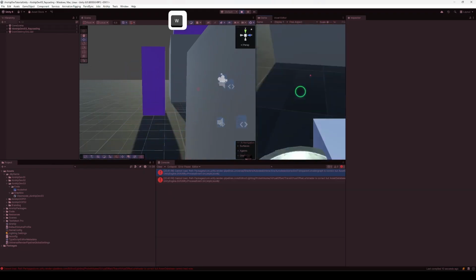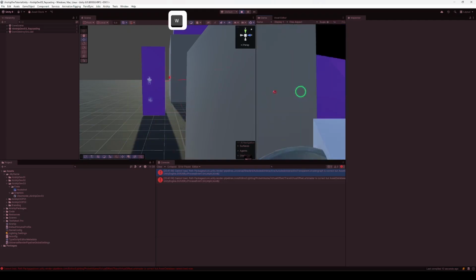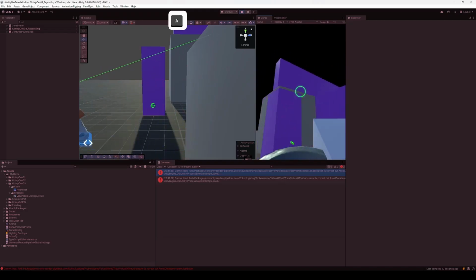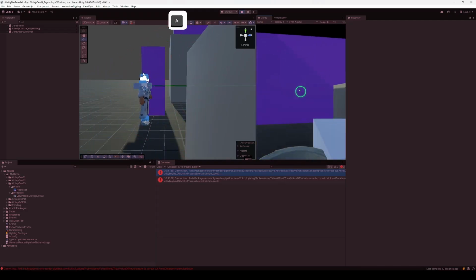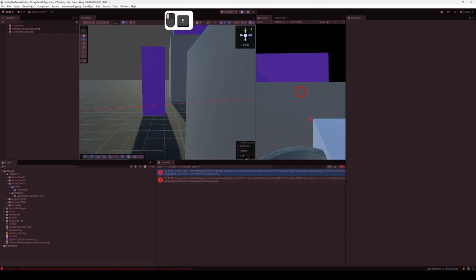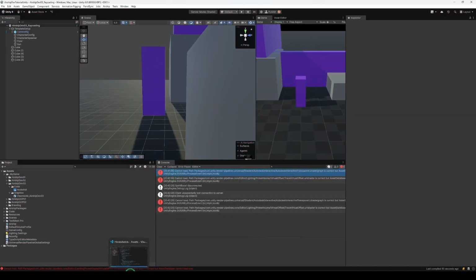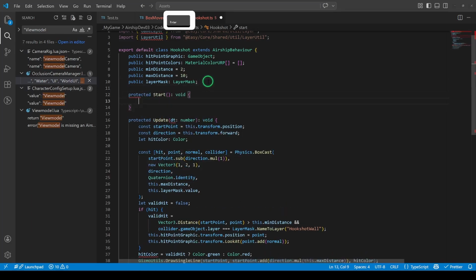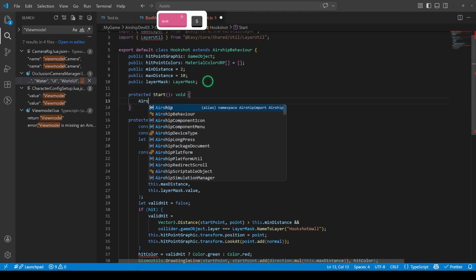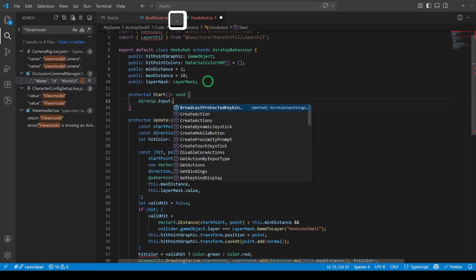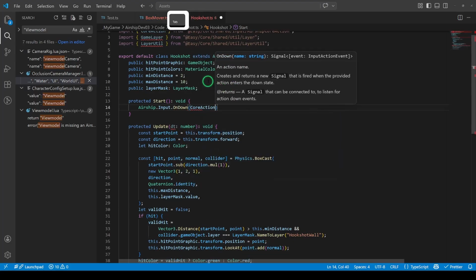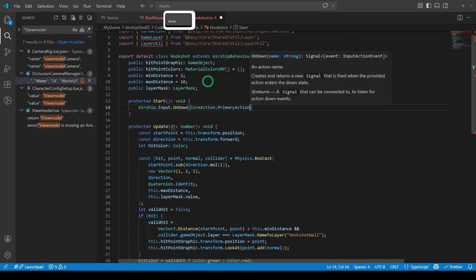All right, we now have a valid hit detection for our hookshot. And for fun, I'll show you how to actually get it to pull your character. All right, to pull the character, let's first detect when the user clicks the mouse. We're going to do this by creating an action. In the start method, let's go ahead and check the Airship inputs OnDown. We're going to use one of the existing actions that is default in Airship. So we're going to do CoreAction.Primary